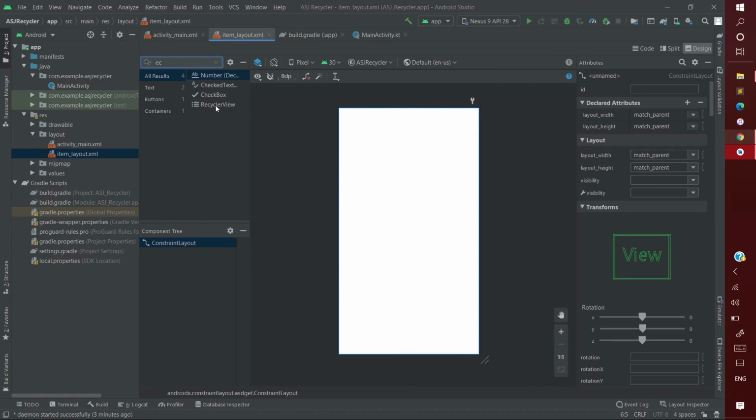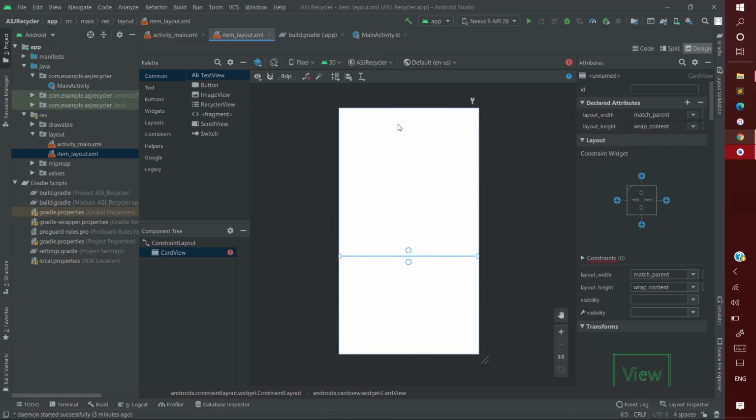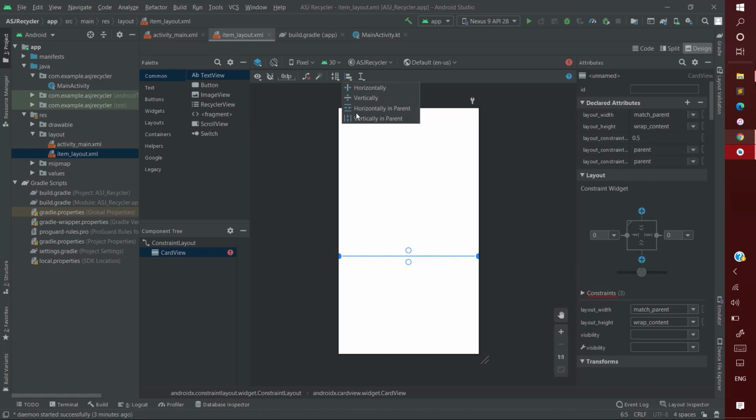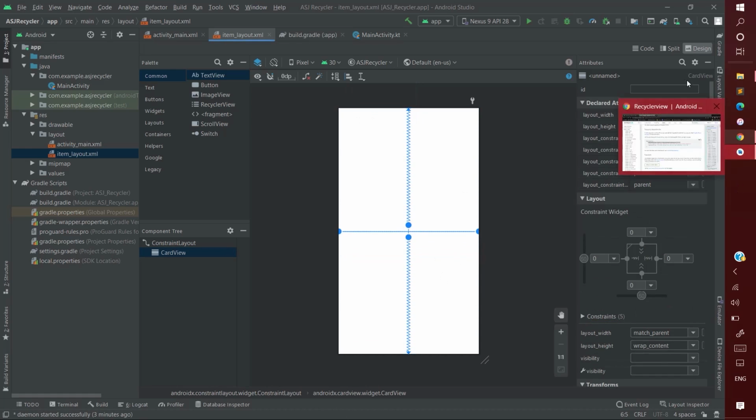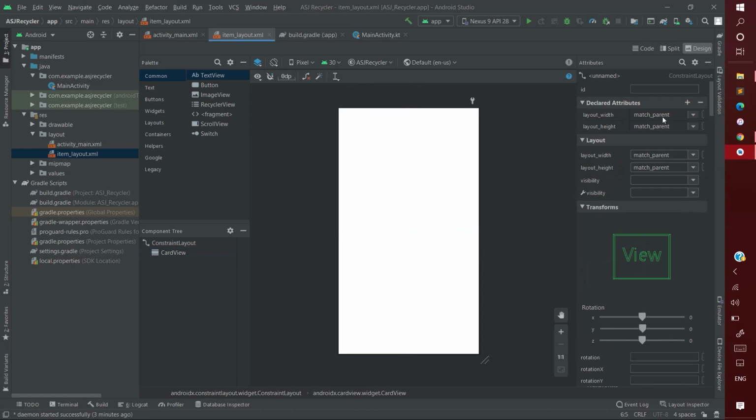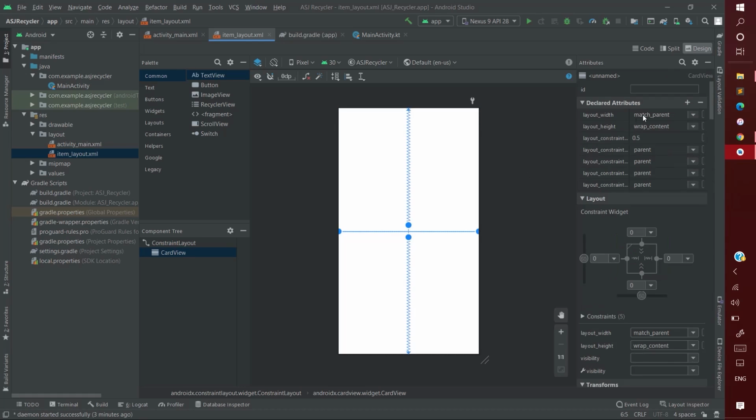So I'll simply search for card view, drag it, constrain it again, horizontally in parent, vertically in parent, and for the layout width and height, width 0 dp, height 0 dp. Yeah. Now it is set,